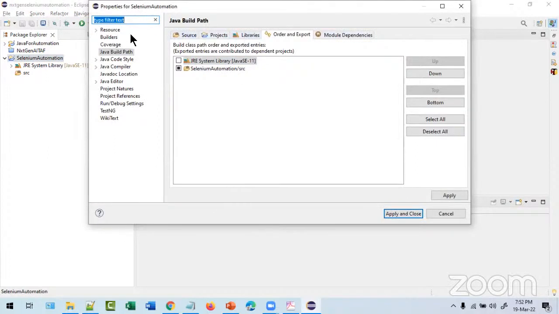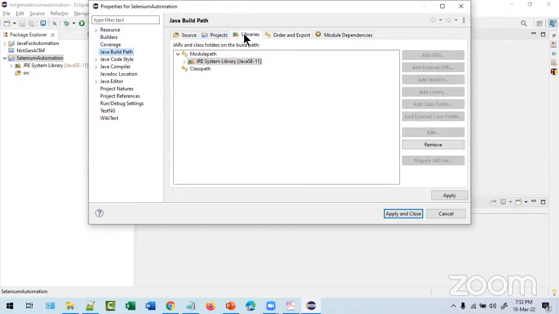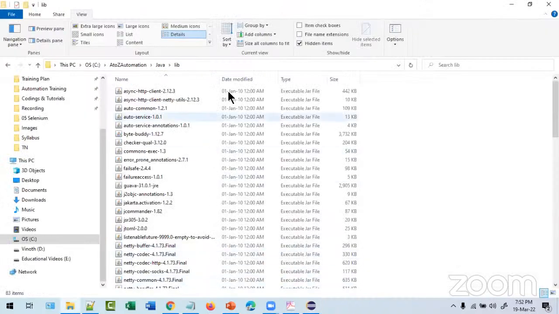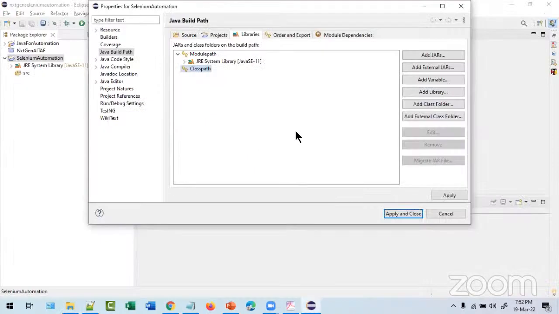And you can see so many tabs under the Java build path. See, it is not in the resource. Under the Java build path, come to libraries. Again, if you make a mistake, it will be an error. Class path, see, it's a module. Another one is class path. All the jar files, whatever we are adding, those 83 files, need to be inside the class path. So click on add external jars,